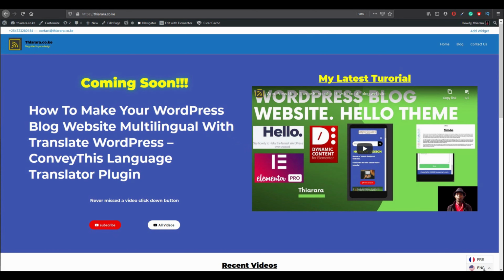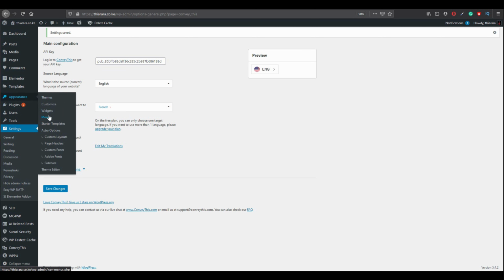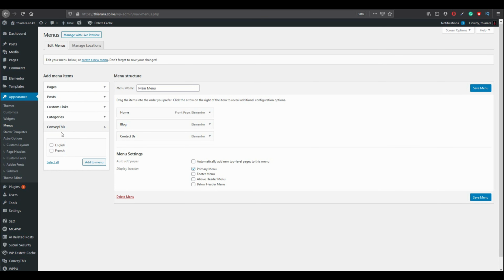After I load, you can see we have already created something professional. I want it to be added to my menu. Let me show you how. This is a bonus tip. You'll have to come to appearance and menu. Select Conveythis and select both languages, all your languages available.